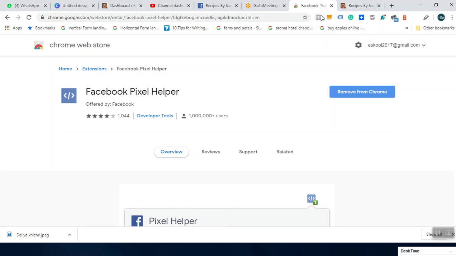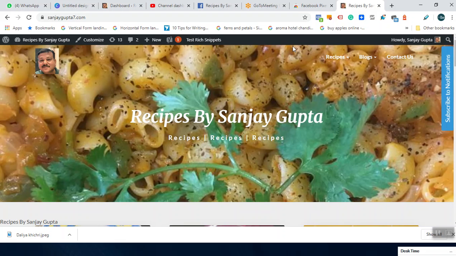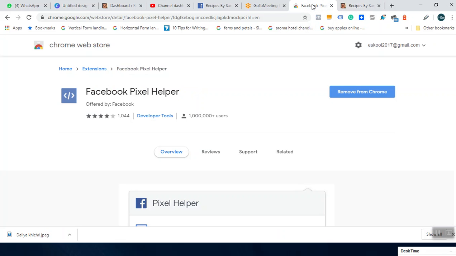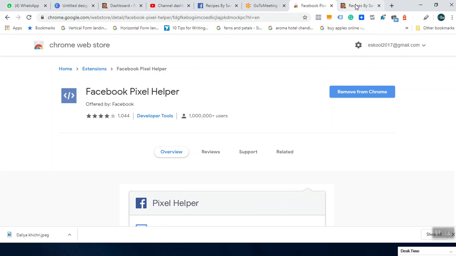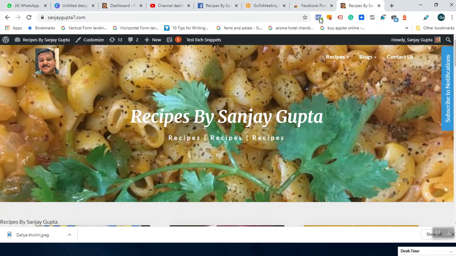After installing, you have to go to your website and then see. In this case it is deactivated, right? You see there is no action, it is not clickable, but the moment you go to your website, it shows it is active, and it is saying that Facebook Pixel Helper has access to this site. Now if you see, there is a number 3 displaying.